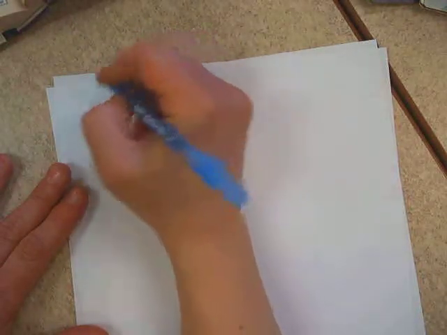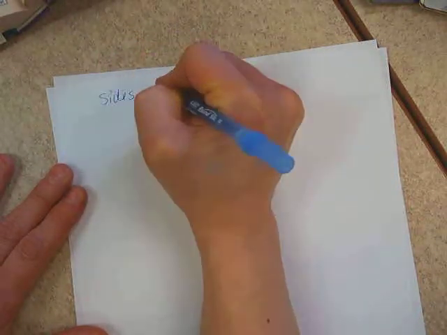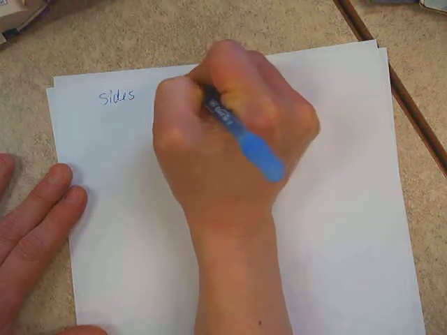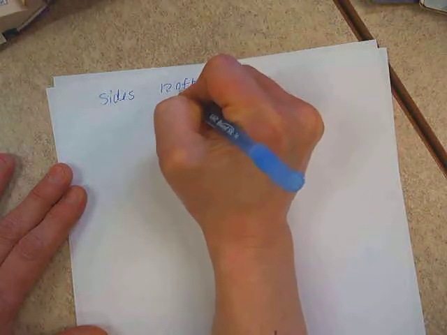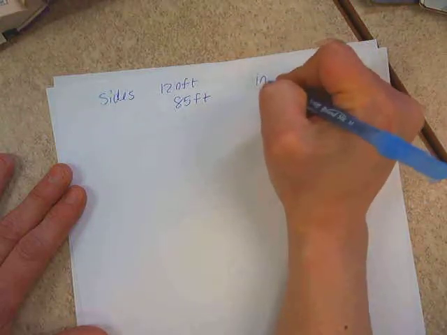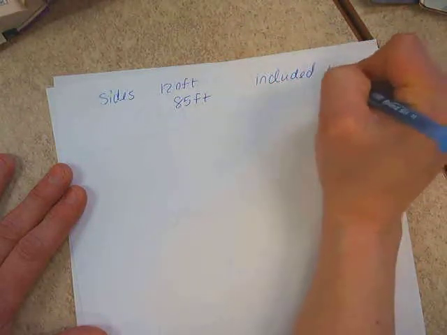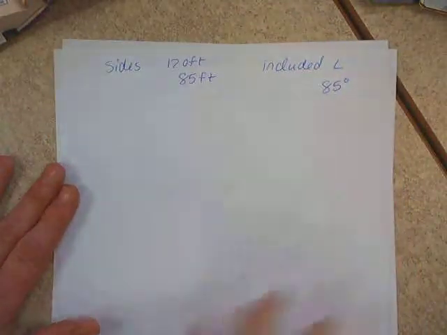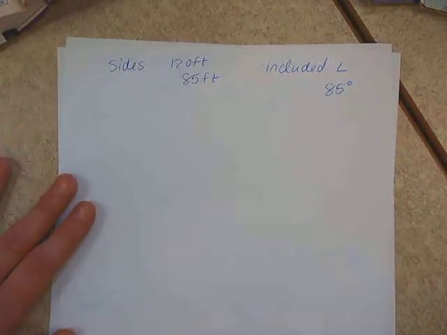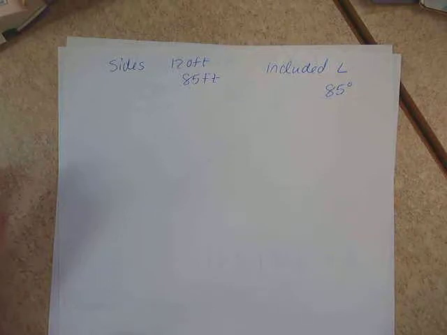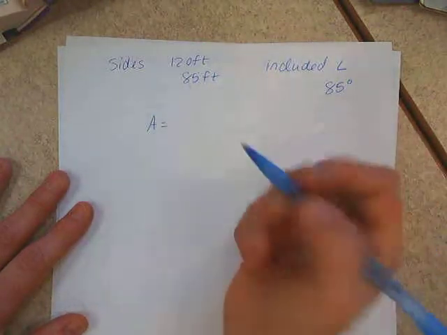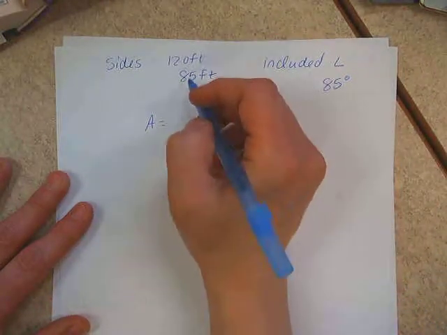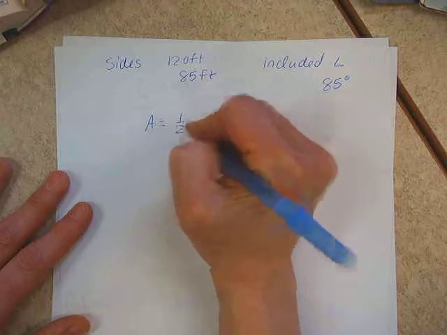Another example, they don't give you a drawing. They tell you the sides of a triangular building are 120 feet and 85 feet with an included angle of 85 degrees. You can draw that out if you want, but basically if you know your parts of the formula,